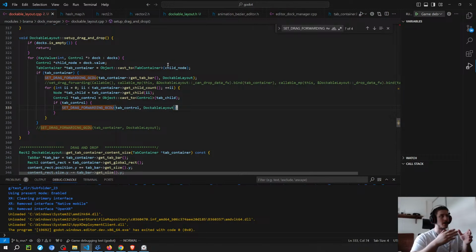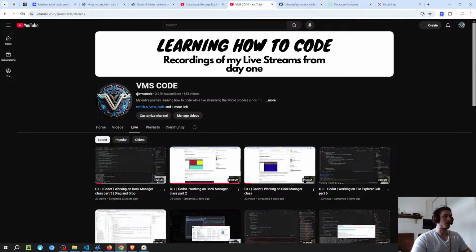And I didn't dive too deep into the specifics of the class, but I know that if I don't set this on each one of the controls, it doesn't allow me to drag. If I do this, it allows me to drag only if it is a control that doesn't have a drag and drop. Actually, I just tested with one, which is the presenter. But it doesn't matter anyway, because it's going to be very problematic. So